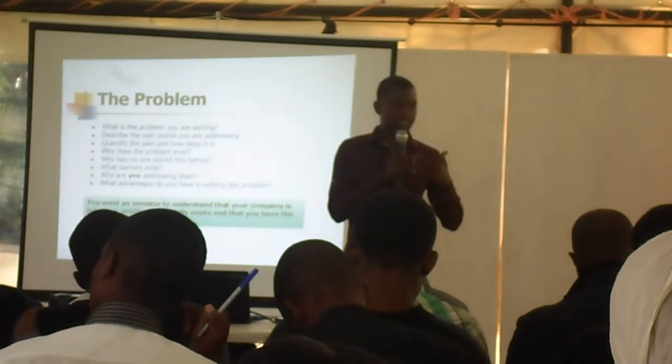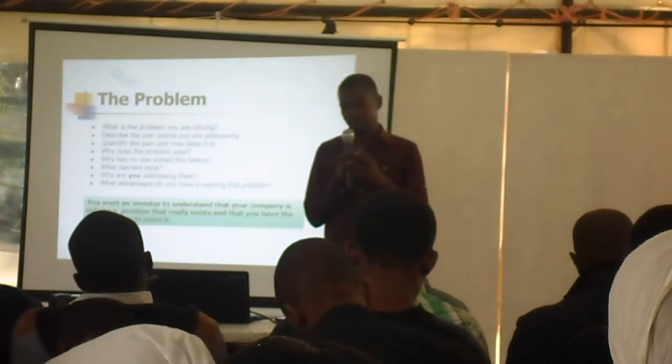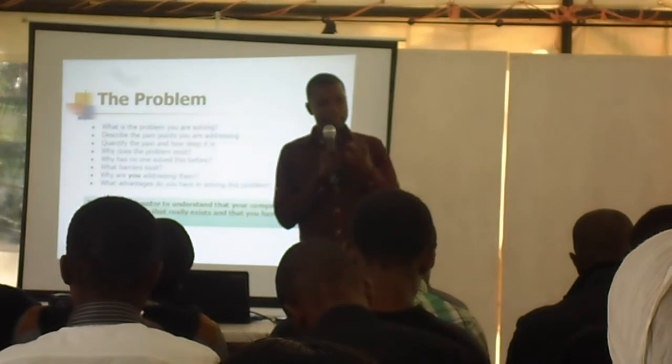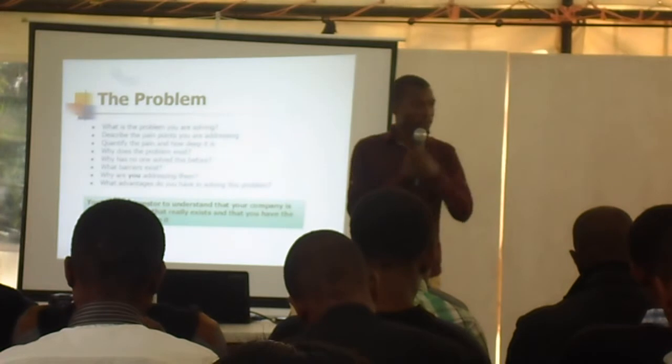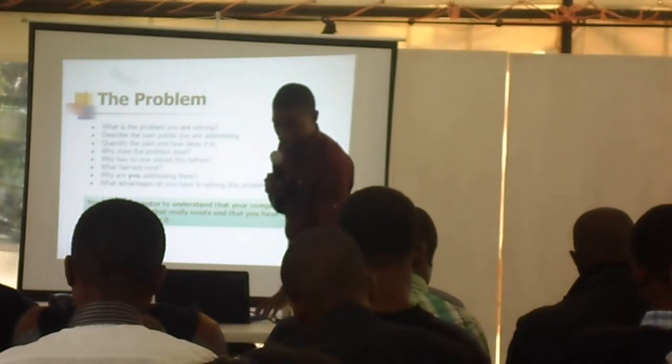There are so many things that you can outline, but one of the biggest things that you need to outline when giving a value proposition for whatever it is that you do is show the barriers. The barriers that are there will show the amount of work that you actually did to overcome what you did, right? Why are you addressing them?